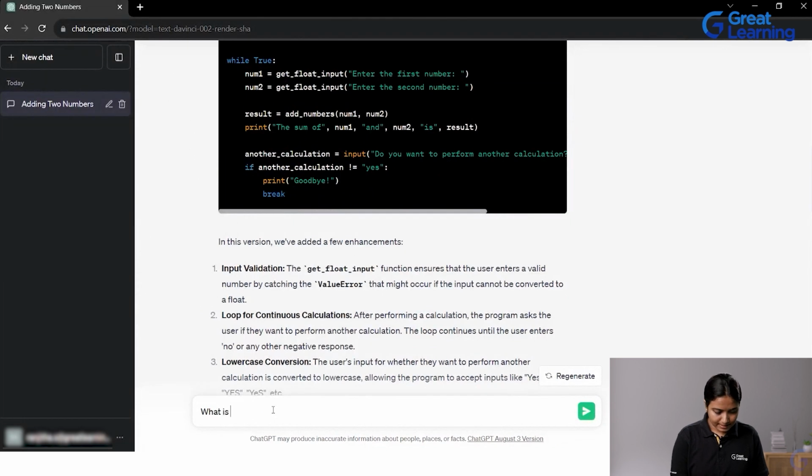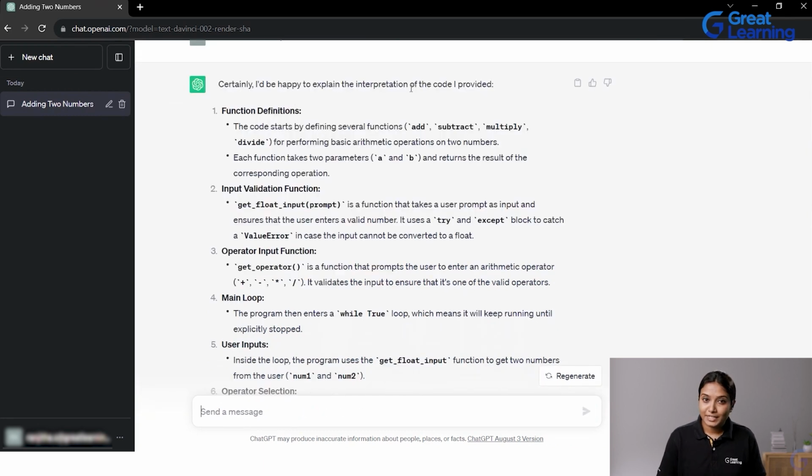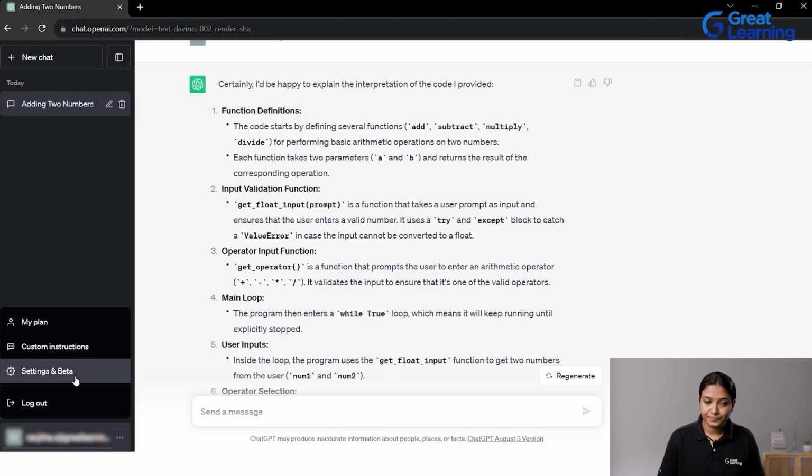So, what is the interpretation of the code above? Let's see that. It is giving you the interpretation of the code completely. Function definitions are addition, subtraction, multiplication, division. You are having input validation. So, like this. If you switch off this interpreter,